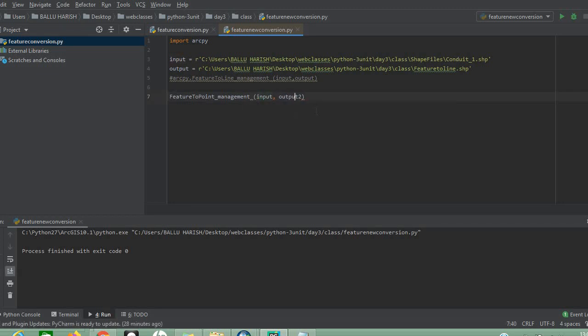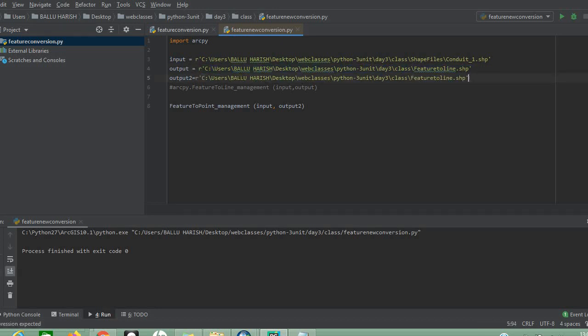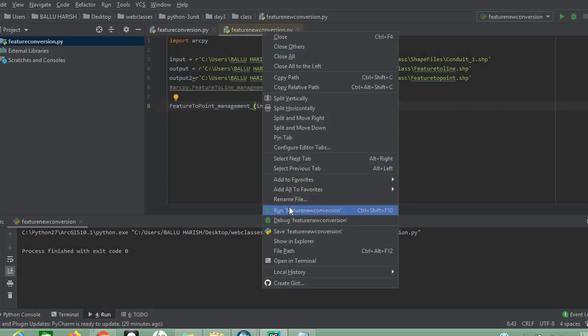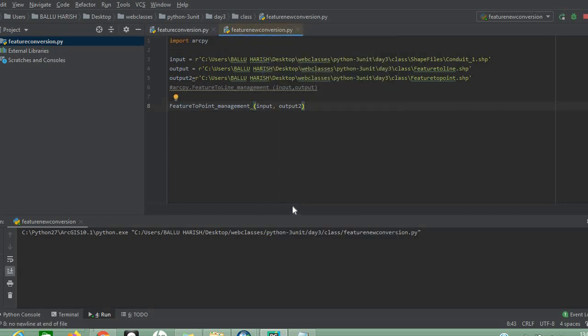Okay, next, the input is already there, now we need to work on the output. Output to the same location, just copy as it is, but we need to change it here to feature to point. Input is there, output is there. Input we are taking from here, and output we are saving. Same, right click and select the run option.